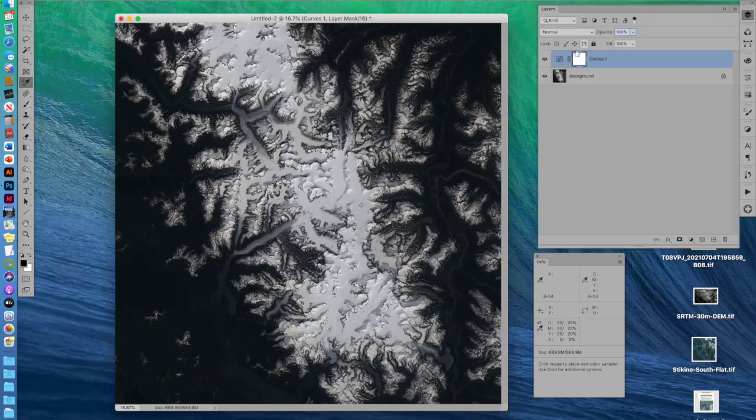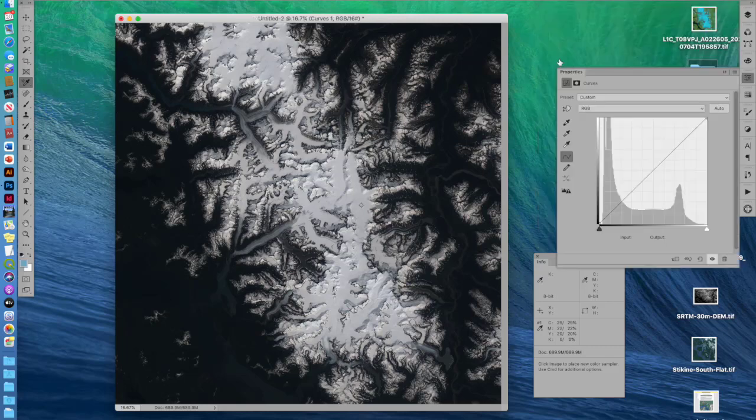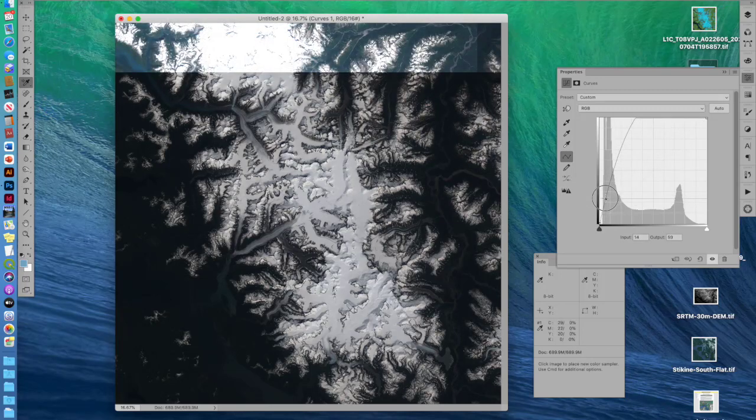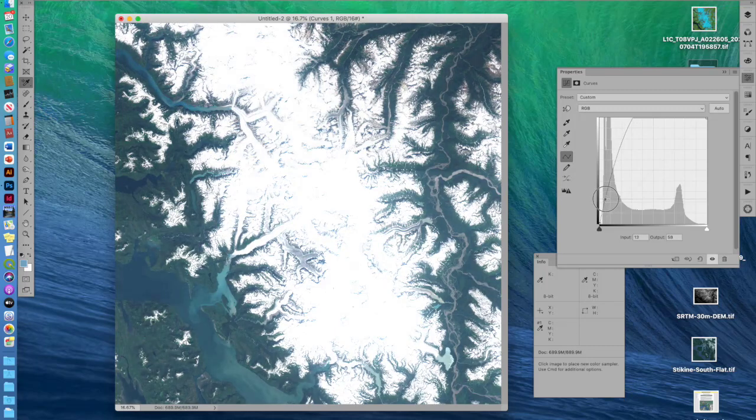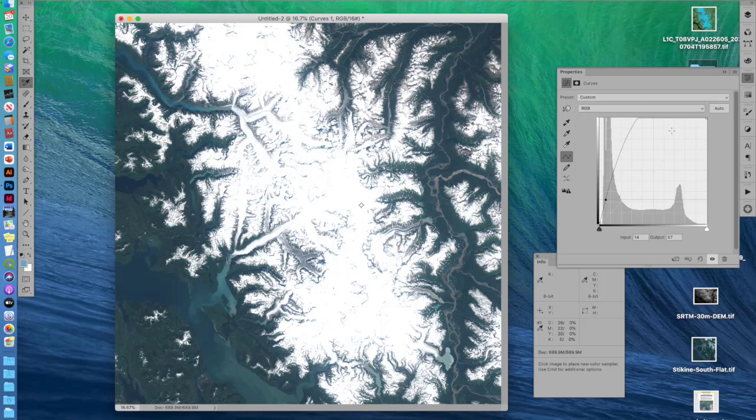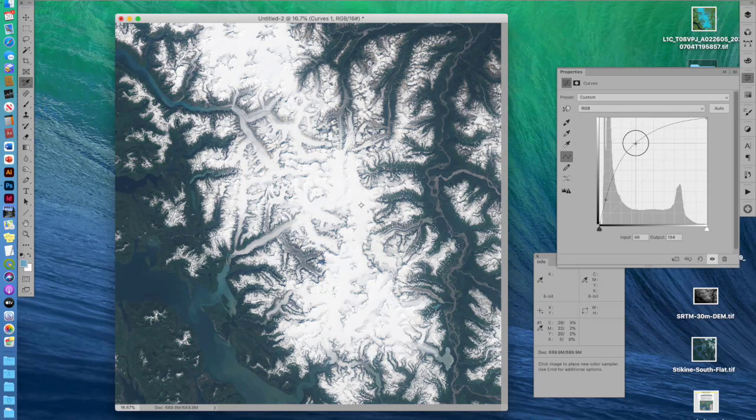So let's go back to layers, and we'll open up curves, and let's create a curve. I'll put a new point on the curve right here. And look at this, things are starting to lighten up considerably. I'm blowing out the snowfields right now. As you watch the info palette, it's now at 0%, so that's way too light, obviously. And so what we want to do is just fiddle with these curves so we get the right amount